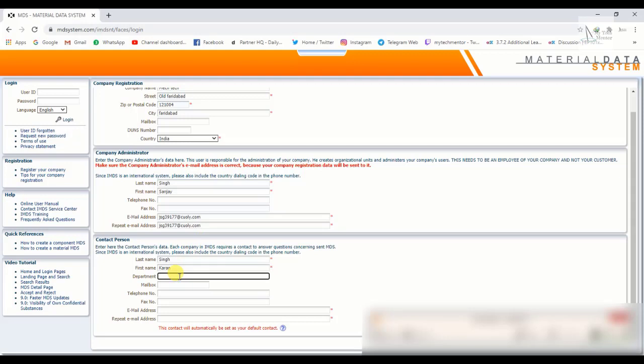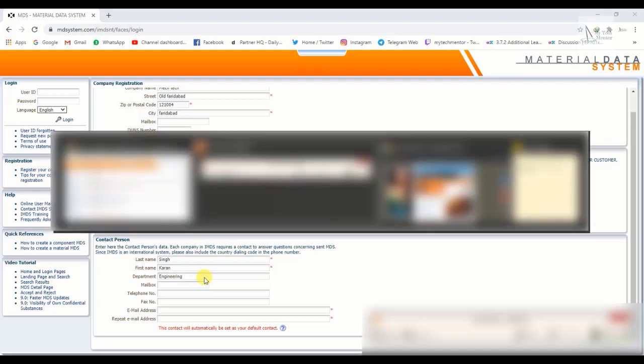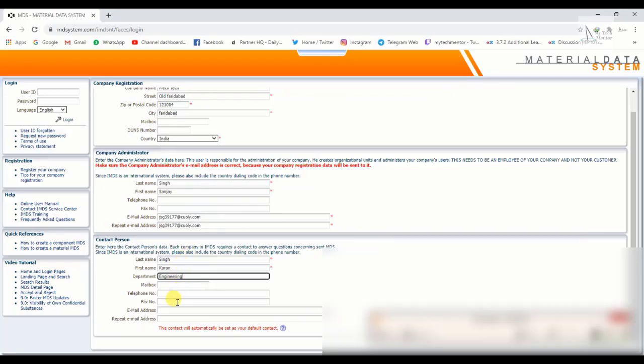Department, now the mail address of the contact person. Email address and then repeat email address.